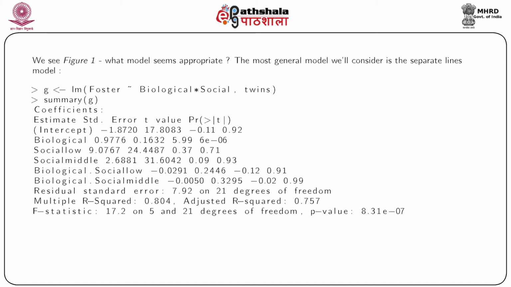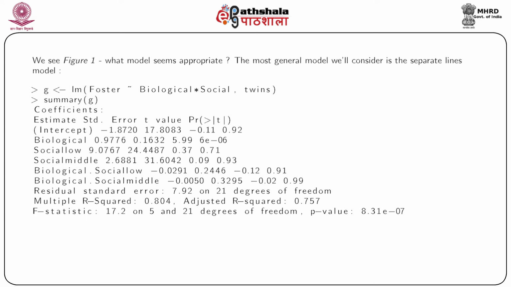So looking at the p-value, we can see that both these factors are insignificant in the model. Also, if we look at the p-value corresponding to the low and the middle social class of the biological parents, both of these factors, taking the high social class as a benchmark, they are also insignificant. However, if we look at the person who is reared by the biological parents, his IQ happens to be a significant factor in the model for the IQ of a person who is reared by foster parents.